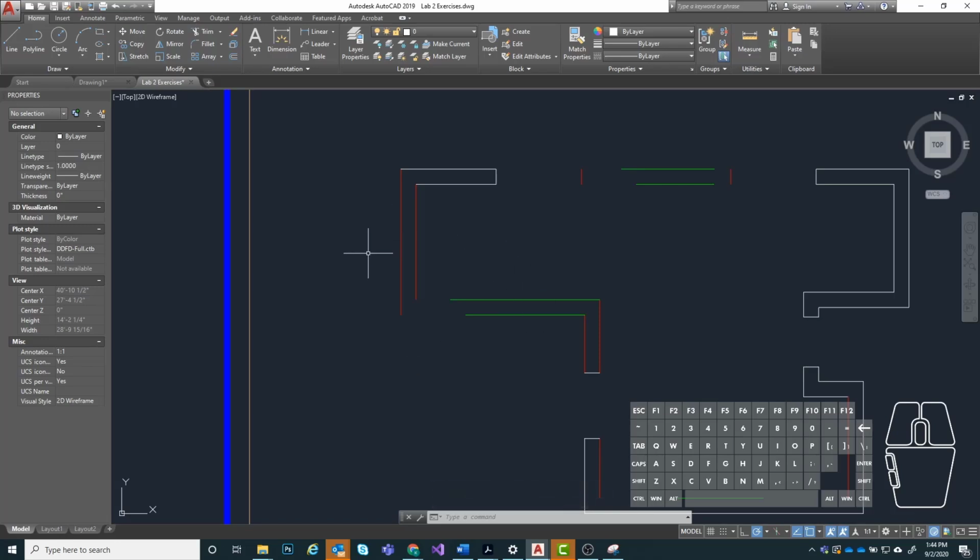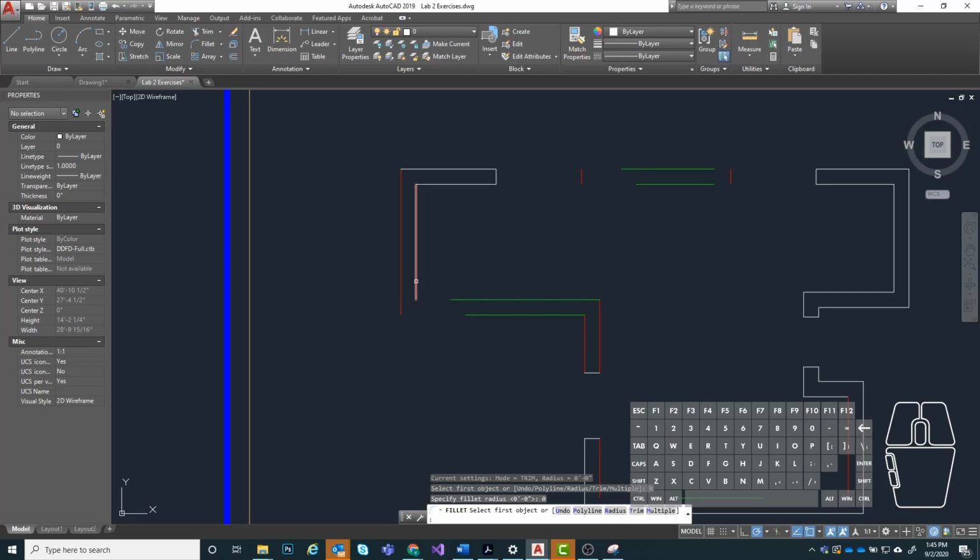Now for this side, I'm going to show you something a little bit different, something that we went over in week 1, but some of you may have forgotten. You can accomplish the same thing by using either chamfer or fillet and setting your radius or your segment length to 0. If I type in fillet and hit enter, I want to go to my radius option, and you can see mine's already set to 0, but if you go to radius and then just hit 0, enter to make sure that is set to 0, then all you have to do is select the 2 lines